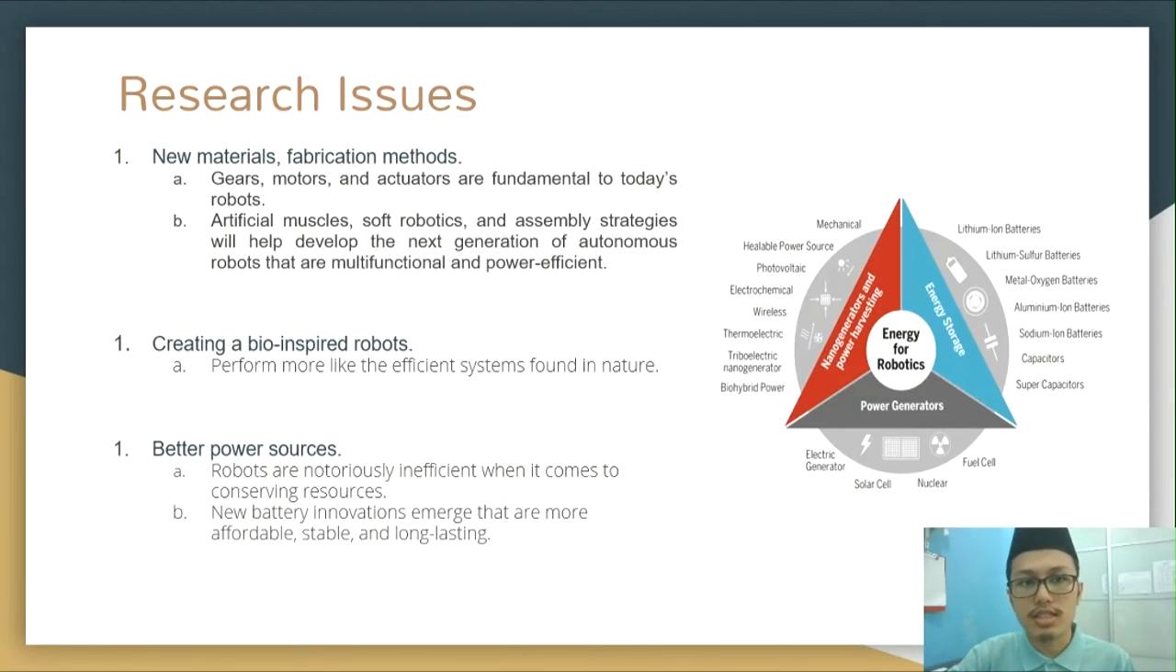There are six research issues concerning robotics. The first one is, if a designer wanted to create a new robot for a new purpose, the designer needs to be concerned about the new material or fabrication method. Okay, so the fundamentals of robots today